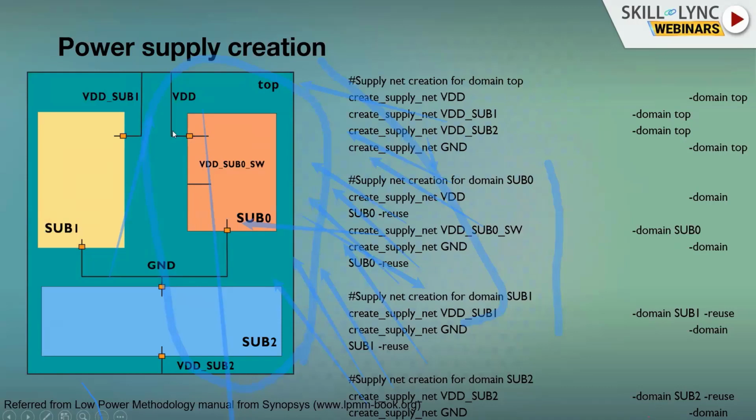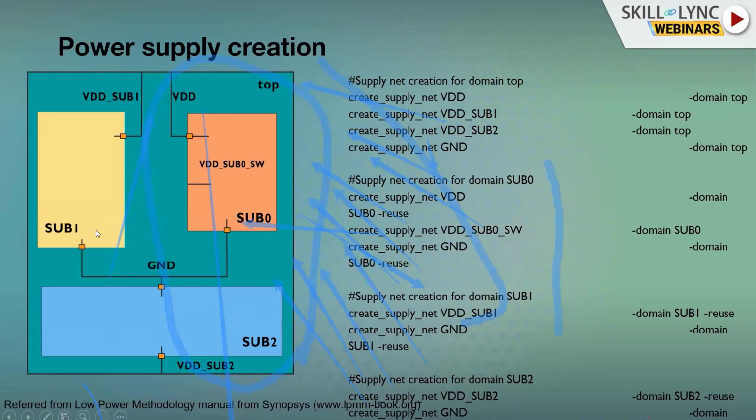Now this is the only net getting created when you run this command. And whenever you want a net to be created at your sub 0 level, you create it, but you tell it reuse. That means I'm trying to reuse whatever was created at the top level in my child level here. Similarly, this one is not a reuse, because you're creating it explicitly internal to this, since it is a power switch, a power-gated logic. And then there is a net called ground, which is also reused from whatever was created at the top level.